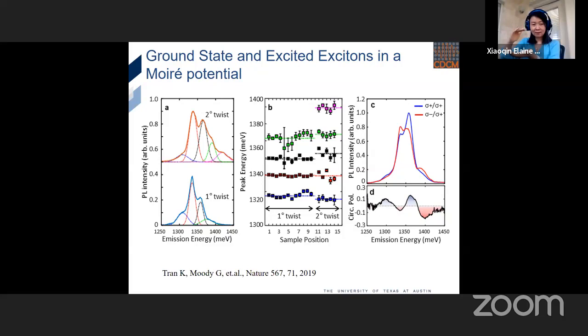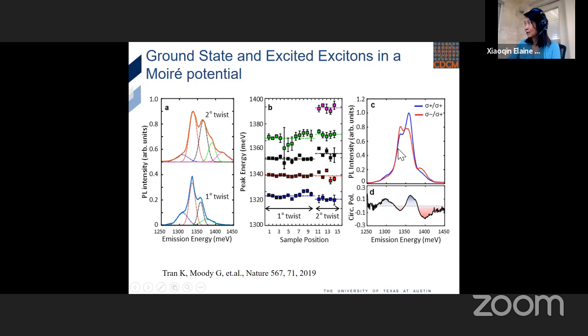So I can certainly fit a few states in this Moiré potential. The fact that the 2-degree sample on average has higher energy spacing can be simply explained by the fact that I'm increasing the angle, making my lateral boxes smaller. When I make the lateral dimension smaller, I increase the energy spacing. If you use a square well or harmonic well model, both will tell you that smaller lateral confinement leads to larger energy spacing. So all of that is still difficult to nail down, but what's particularly interesting to us is in the 1-degree